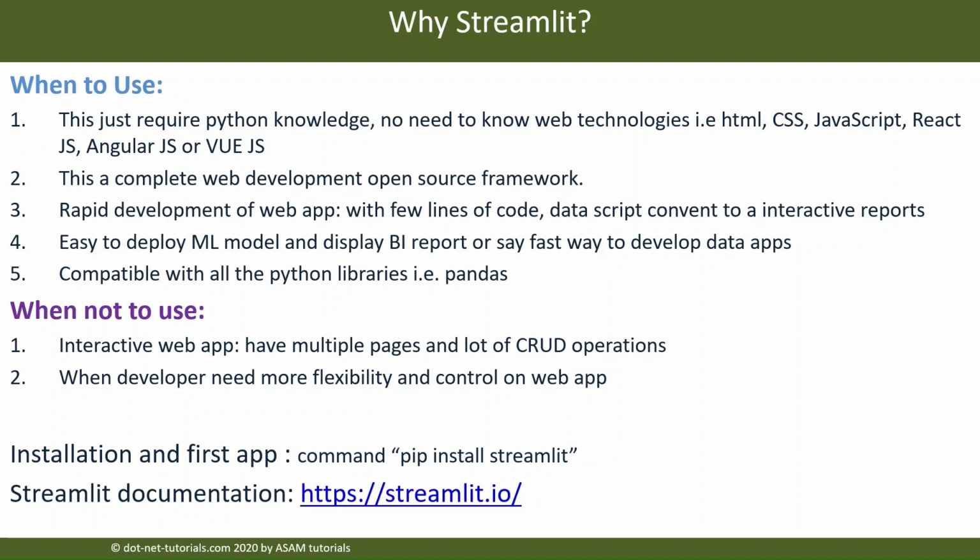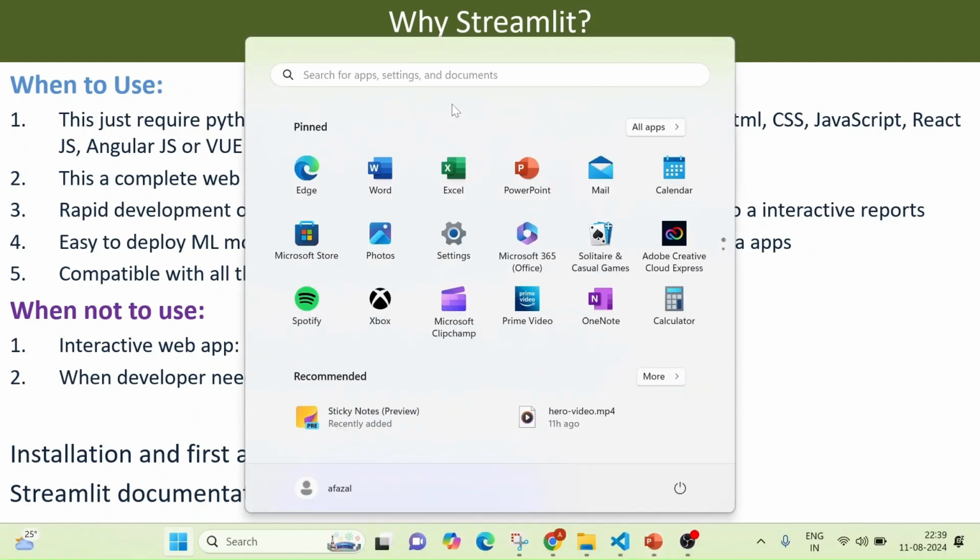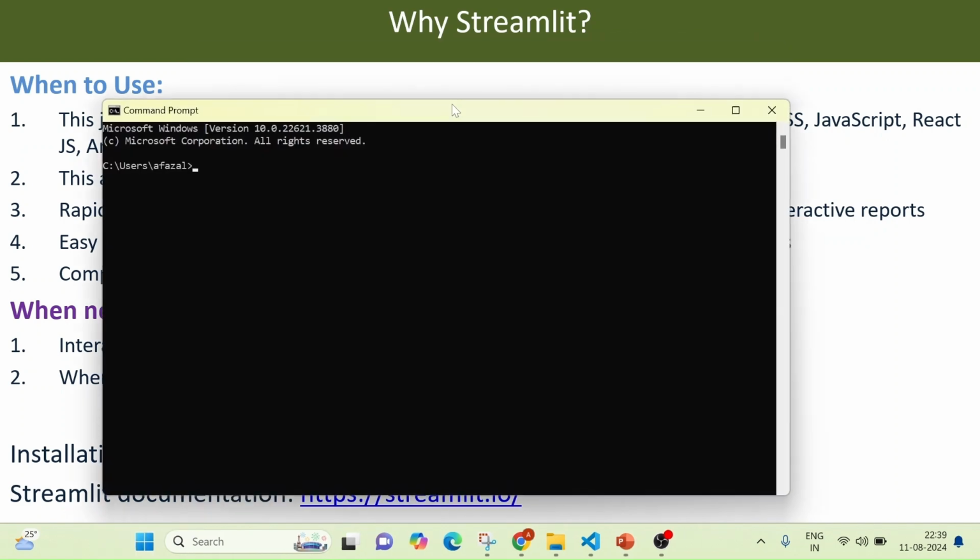The next part is I want to show you how you can install Streamlit, and I will show you the first app in Streamlit. Another point is the Streamlit documentation. Okay, let's jump in and show you how you can install Streamlit. The very first thing is Python must be installed. The second thing is you can open cmd command